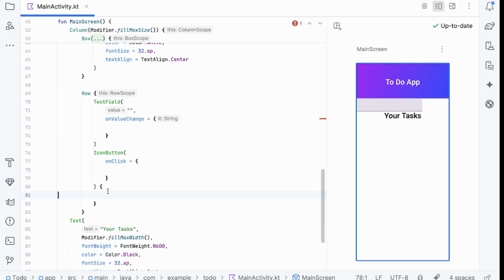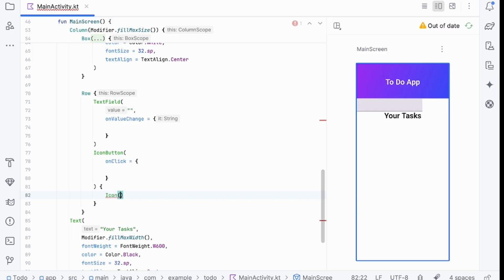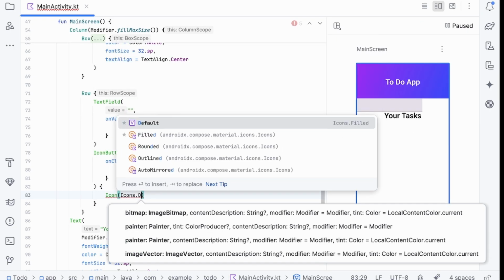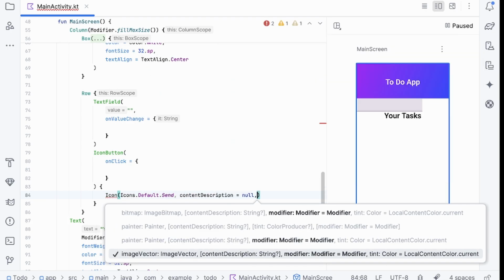For this I am going to use icon button of icons, icon of icons default send, content description null,